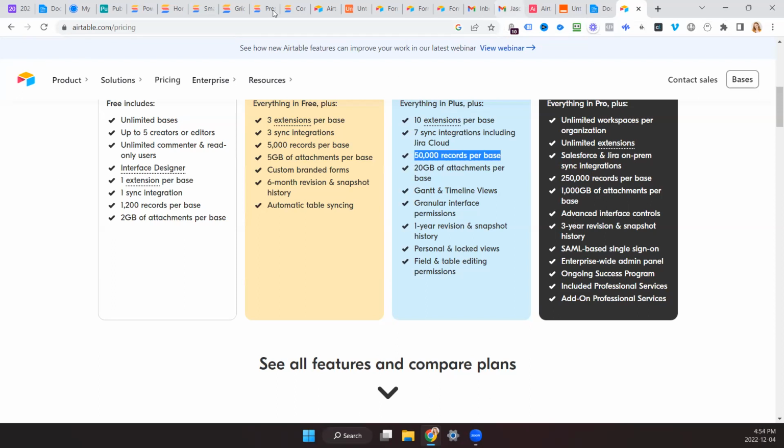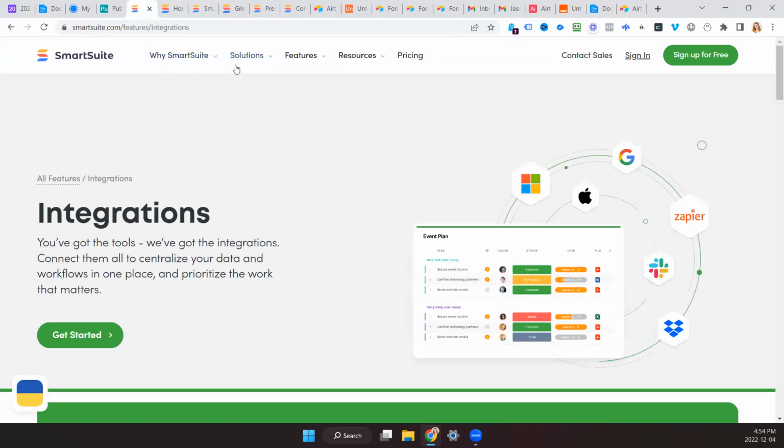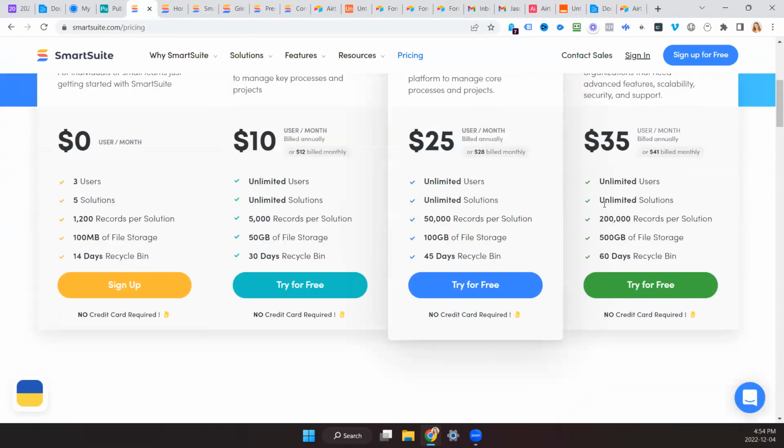Okay, that makes sense. And I know it says here that you get a limited number of records per solution, but I did just speak to some of the people who work at SmartSuite, and they said it's unlimited. They said that is one of their competitive edges to Airtable. So I wonder if that's true. I should confirm with them if this is 200 actually or unlimited.